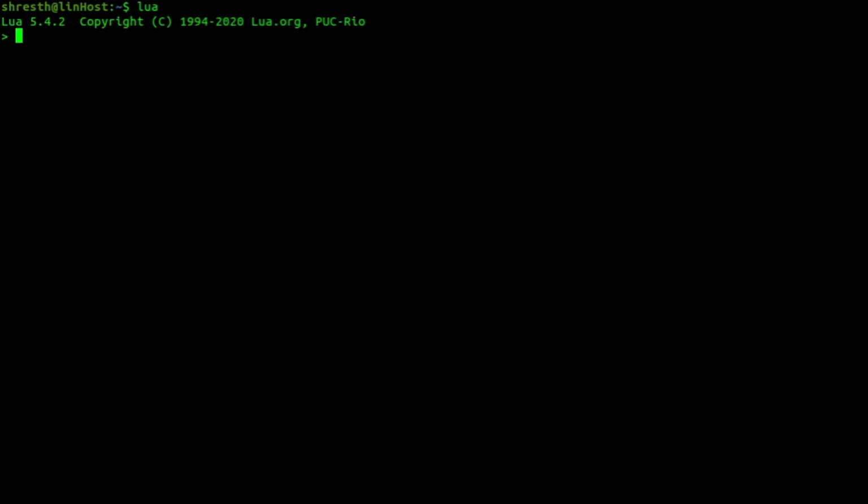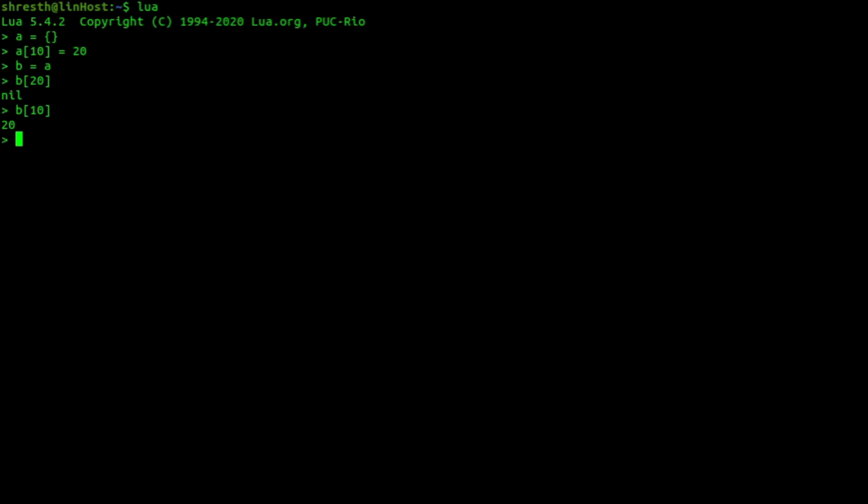One point to keep in mind is that tables are anonymous in Lua, meaning you can assign tables to other variables because they are used like references. So let's say I have a table A and I store something in this table, let's say a of 10 equal to 20, and now I assign this table to some new variable, say B. Now I can index the variable B like I did above for A, so b of 10 will give me 20. Yes, so that is what I mean when I say tables are anonymous in Lua.